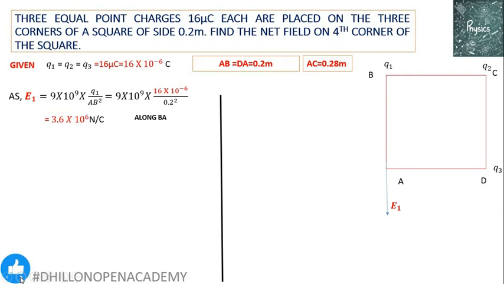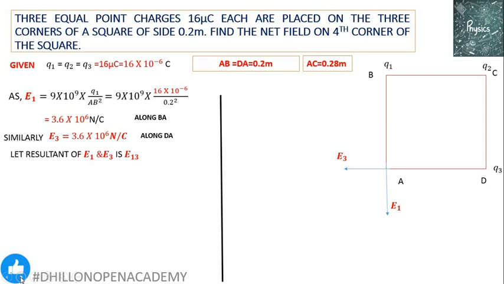Now let's indicate the electric field of charge Q3 at the point A. Because Q3 and Q0, which we consider to be present at A, are also again same in nature, Q3 will also repel Q0 in the line D to A. So it will have its electric field E3 directed D to A. Now, if we take a look at the geometry of the problem, Q3 and Q1 are of the same magnitude, and the distance of Q1 from A and the distance of Q3 from A is the same. So the electric field E3 of Q3 will also be same as that of E1.